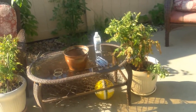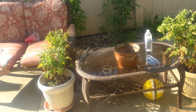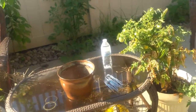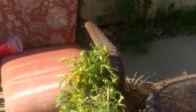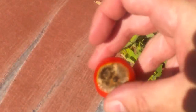One thing I learned this year is that I am not a container gardener. This is like my third year trying. I have not had any success. Yeah, I have these container tomato plants. None of them work. They all get